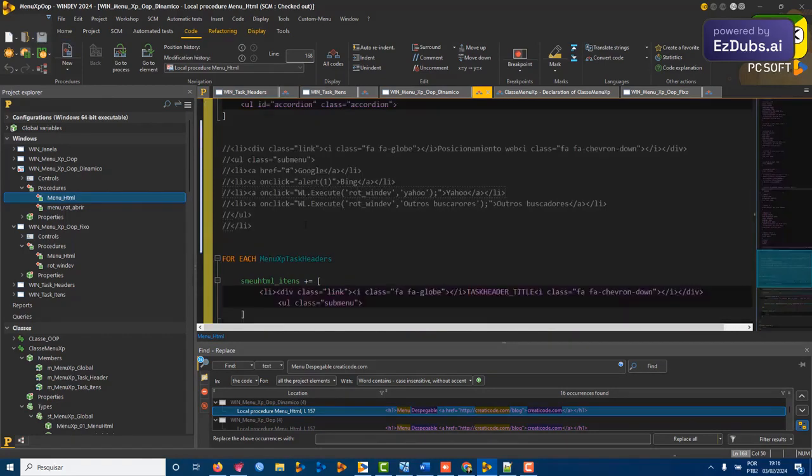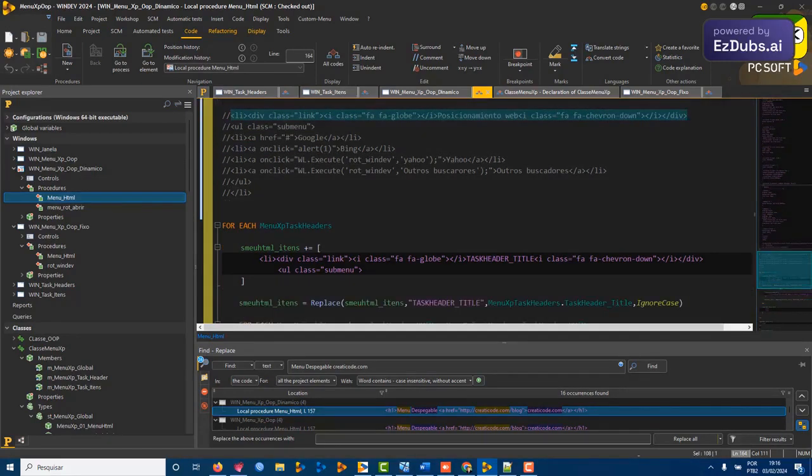So for you to understand, see here, Lee, E-class, and everything else. Web positioning, bara, closed in div. Did you notice that it's the same thing? But here, I put a different name than there. With space, I put the name with an underline. Then what happens? I took this little piece here, and inside the for, I created this structure, this text